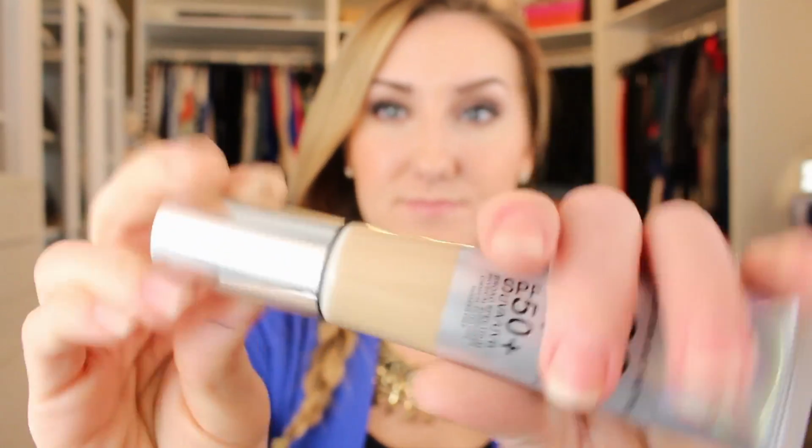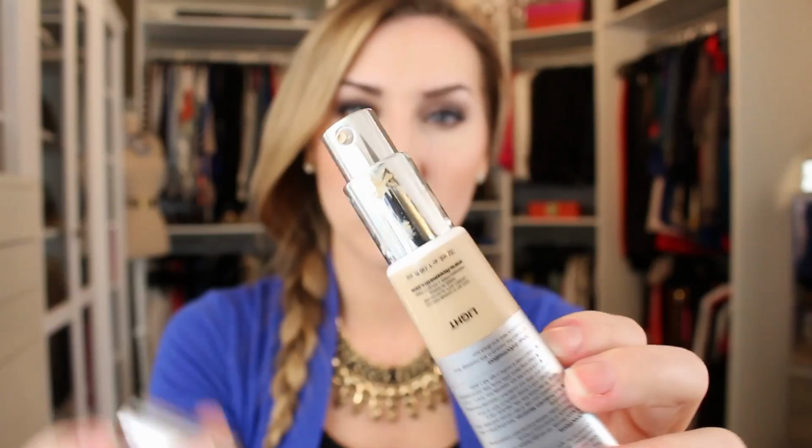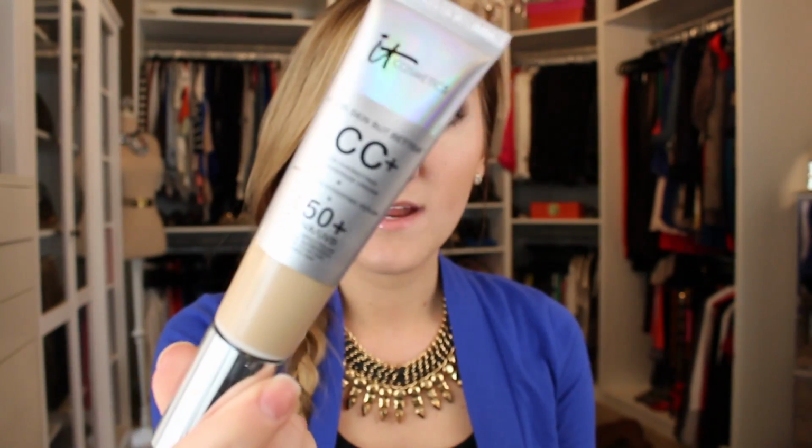It has a pump at the end, which I'm quite enjoying. Well, you can tell it's all dirty. I think that it really helps you control how much product you're using. It's a good pump. I'm not sure how that's going to work when I get to the end of it